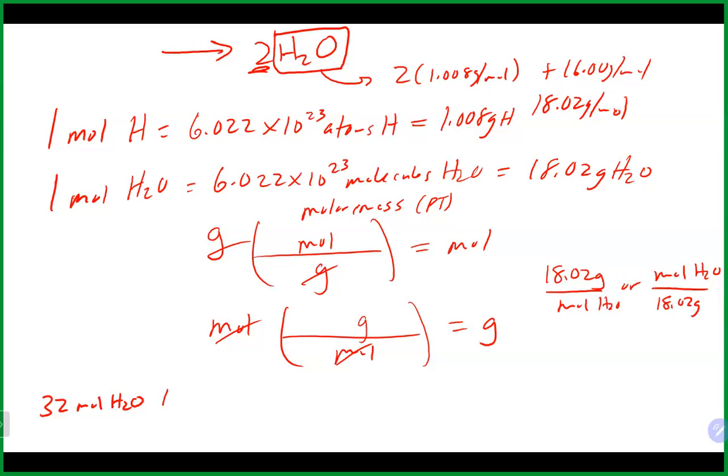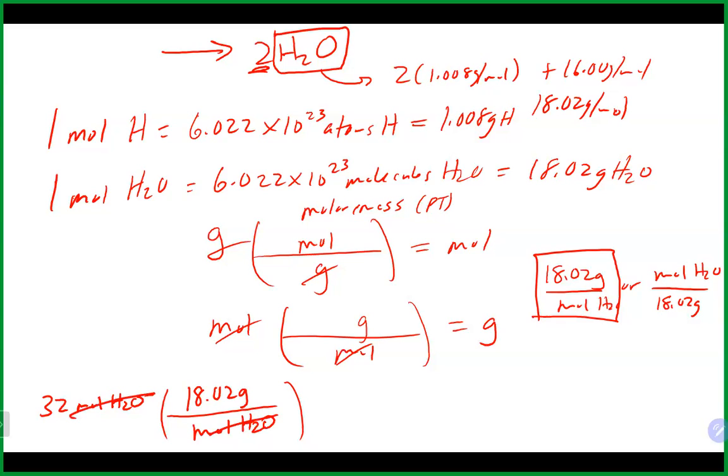So in this case, I want to get rid of moles. So I'm going to use it as a conversion factor like on the left here. And that would put our 18.02 grams up on top, a mole of water on the bottom. Opposite units will cancel. I'm going to multiply 32 times 18.02. And that would tell me I got roughly